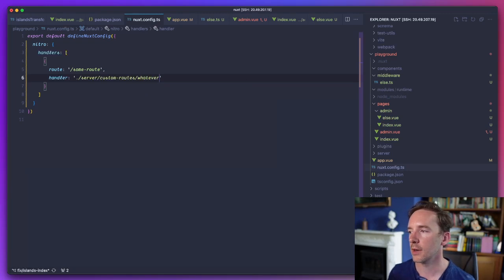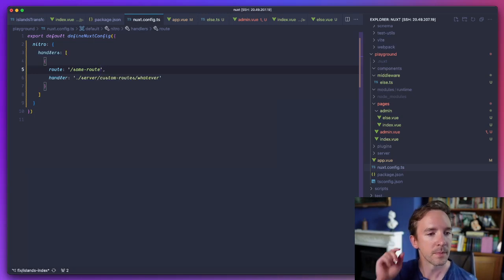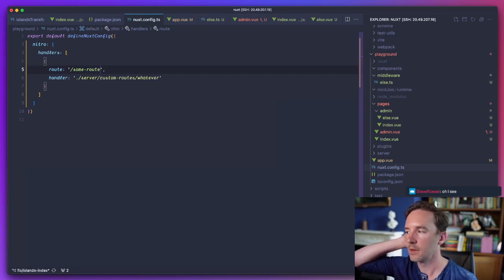So you can have full control this way. That would be a good way of doing it. And then you keep the lazy bundle splitting benefit. But you can also have very custom paths and routes that are whatever you want. And if needed, you can also do that.